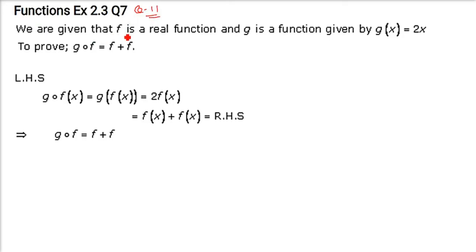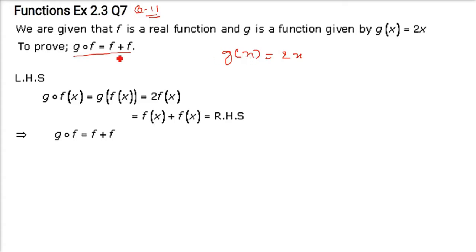As I read the question, I need to highlight some things here. So g(x) is 2x. Prove that gof is equal to f plus f. I cannot write the question here because some students keep asking me to write it, but that would be R.D. Sharma's book, so that will be a copyright issue. He can give me a strike. And the second thing is handwriting, so you need to adjust it. I hope you will do it.